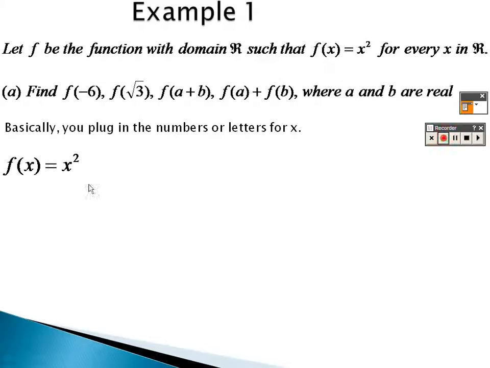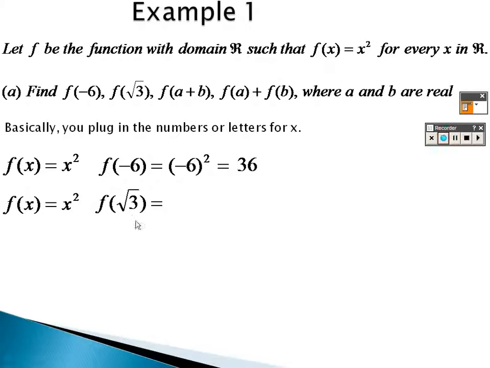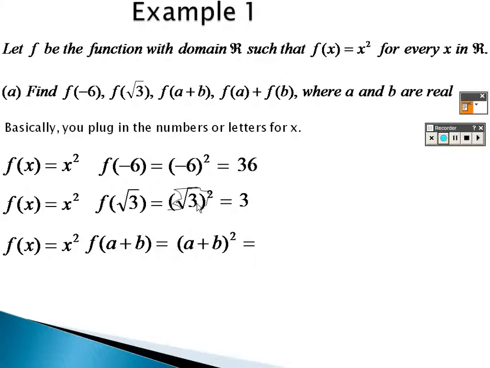So what that means is I take negative 6 and plug it in. Negative 6 squared is 36. I plug in root 3. Root 3 squared, they cancel each other out, giving you 3. For a plus b, if I plug it in, that's a plus b squared, and I can FOIL all of this